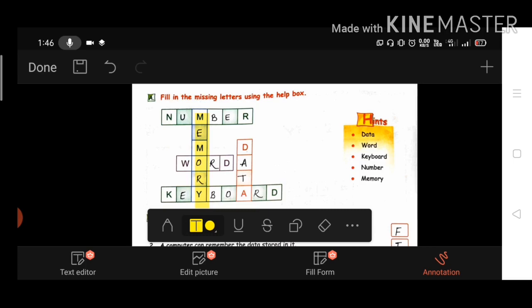M-E-M-O-R-Y is memory. Okay. Now next is word. Where is word? This highlighted word you can see is word. W-O-R-D, word. See the spelling in the hint box. It is W-O-R-D, word. So write it here. Now next is keyboard. Where is keyboard? This highlighted word is keyboard. So you have to write